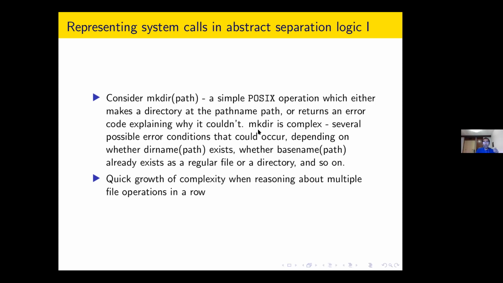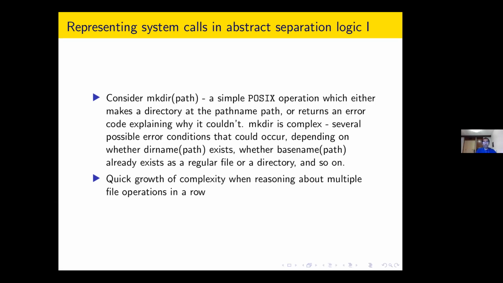There are several possible error conditions that can occur, and some of the reasons for those errors might be that, for instance, the directory name at which you're trying to make the new directory does not exist, so there's no place for you to make a new directory, or something might already exist where you're trying to make a directory, which is again a problem, and so on. So this is the kind of thing where if you try to make a representation that handles all the possible cases that can happen in doing something as simple as mkdir, the complexity of any kind of reasoning that involves